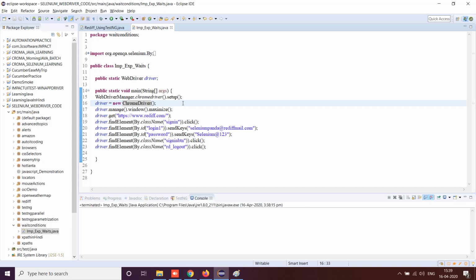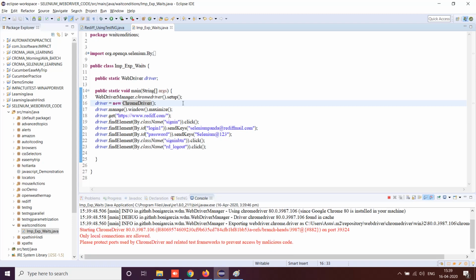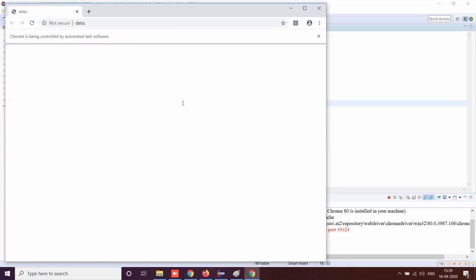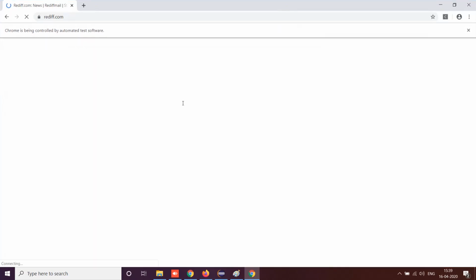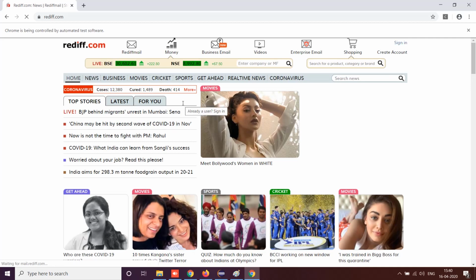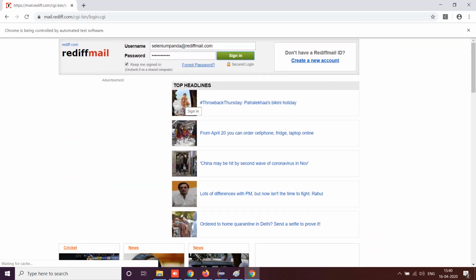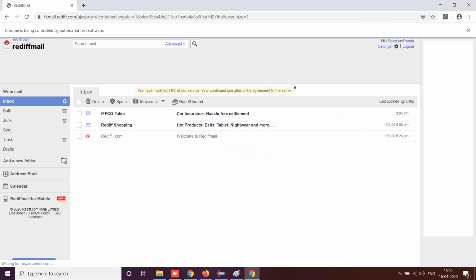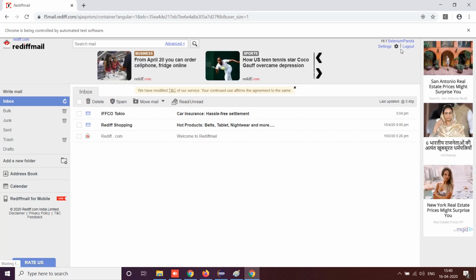Okay, so let me run one more time and see whether it actually gets stuck or it actually logs out. So right now, as an automation tester, I'm not sure that this logout button will actually get highlighted by Selenium instantly, and it will log out, because I know that sometimes it is working, sometimes it is not working. See, it got stuck. It got stuck, right? In the second attempt, it got stuck. In the first attempt, it was working fine.